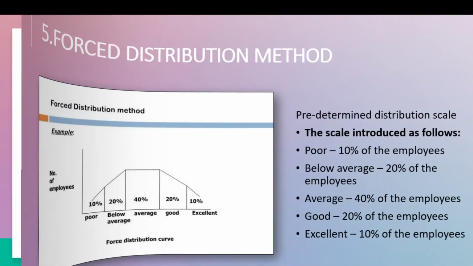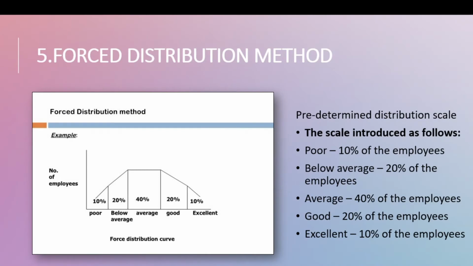Forced distribution method. The forced distribution method is also called bell curve rating or stack ranking. It is one of the most widely used and also the most criticized methods of performance appraisal. It requires the superiors to assess each employee based on certain predetermined parameters and thereafter rank them into 3 or more categories. Most commonly, the employees fall into excellent, good, or poor categories, which can be expanded by the organization to a 5-point scale as well.